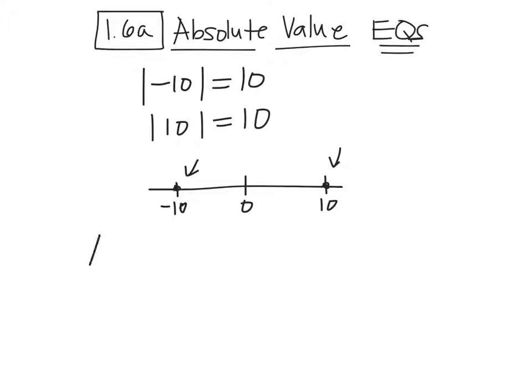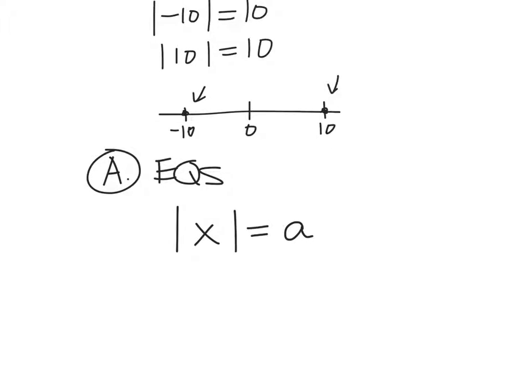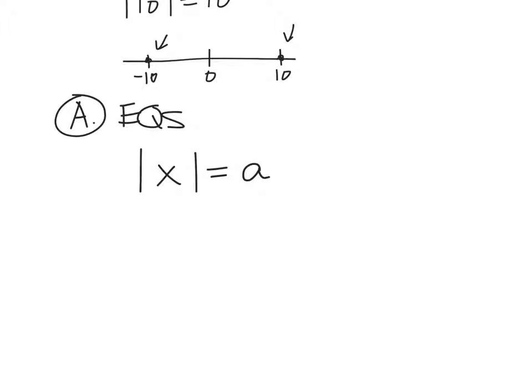All right, so here we go. We're going to start with part A, absolute value equations. If you have an equation like this, the absolute value of x is equal to some number A, then this is what's true: x can equal either A or x can equal the opposite of A. Sometimes it doesn't make sense when you're using variables, so if I said, for example,